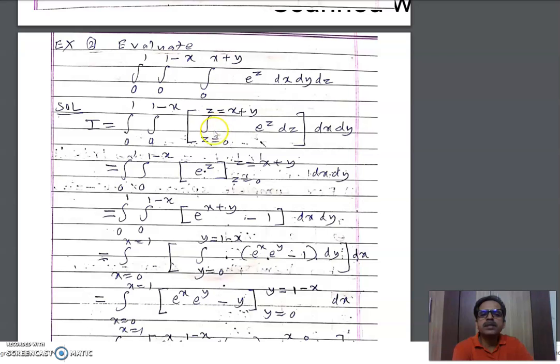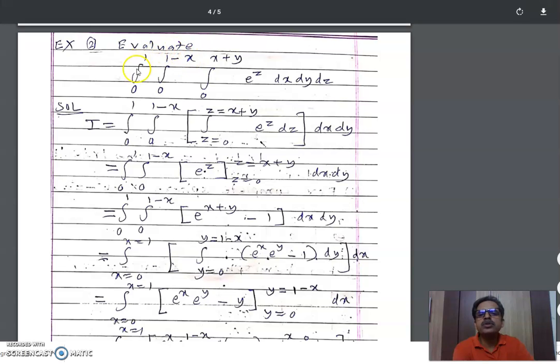So we write this as z from 0 to z is x plus y, and this function is continued here, and dz, because we have to integrate first with respect to z. The remaining part dx dy is written here, and these two integral symbols are written here. The integration of e raised to z with respect to z is e raised to z, from z is 0 to z equals x plus y. First put z is x plus y, then minus sign, put z is 0. When you put z is 0, you will find e raised to 0, that is 1,